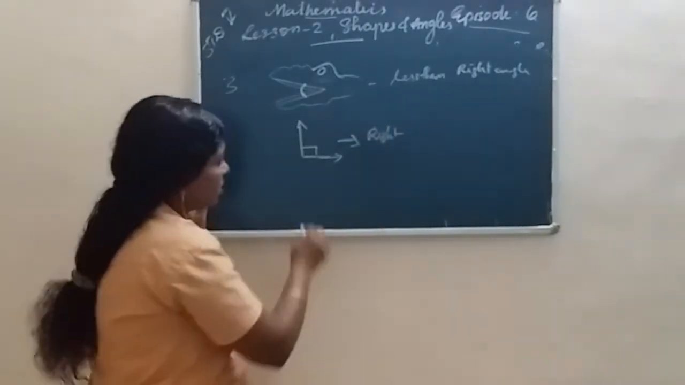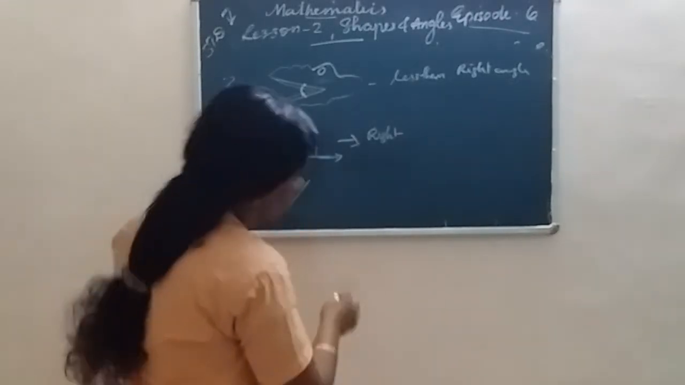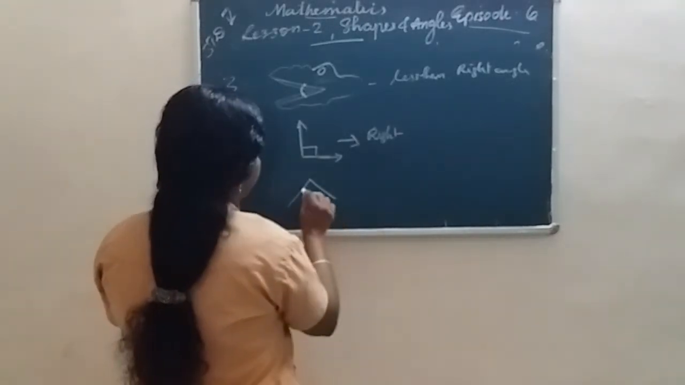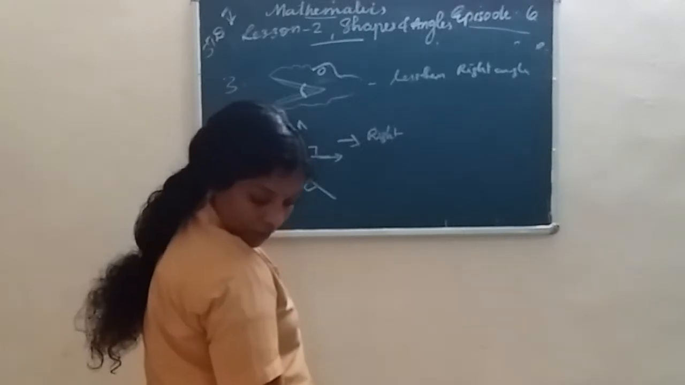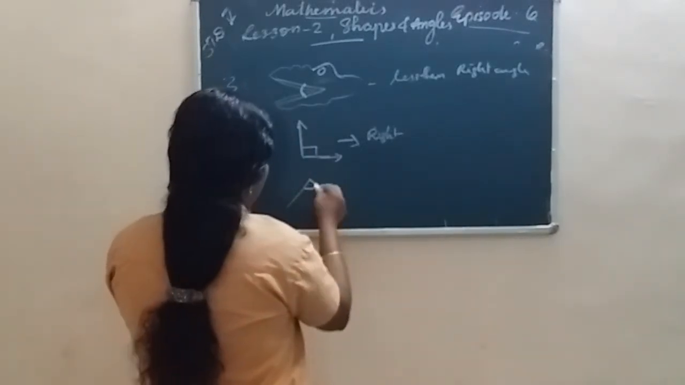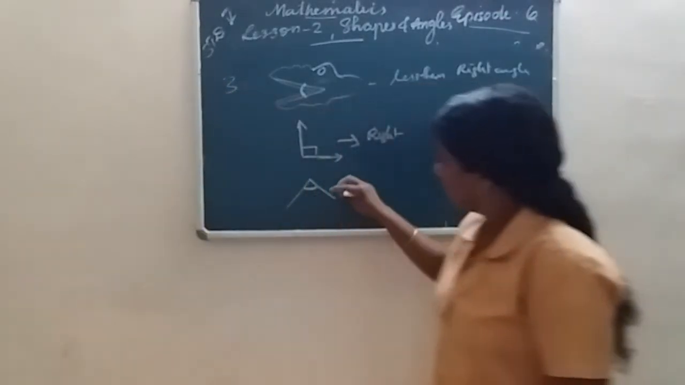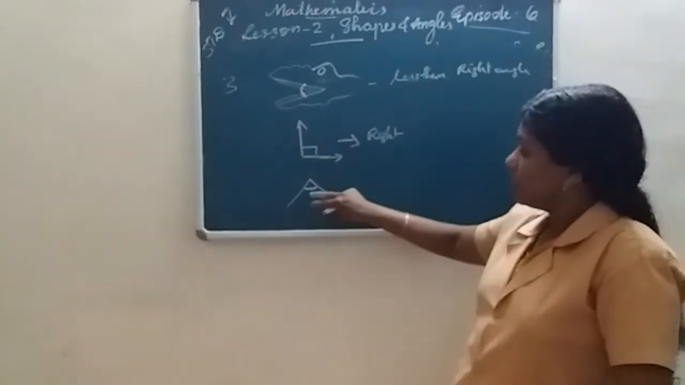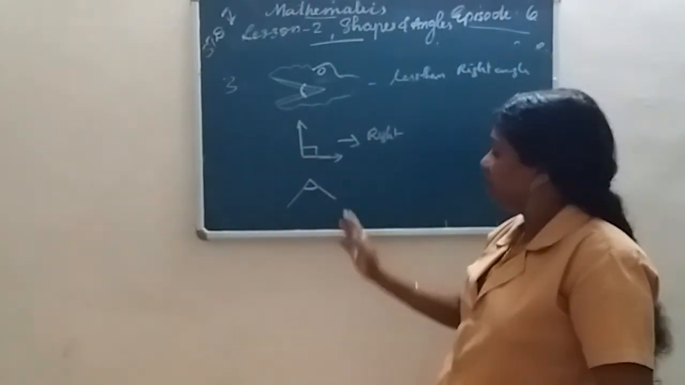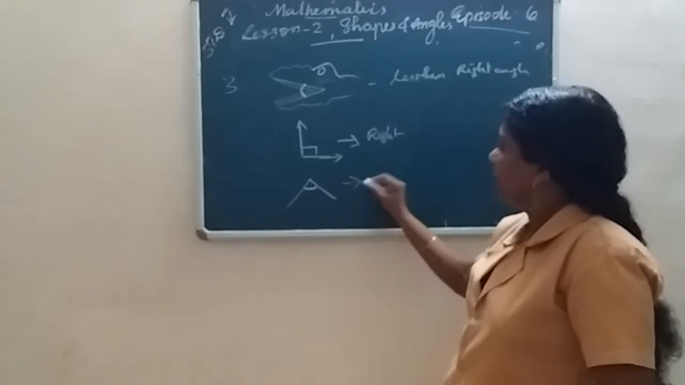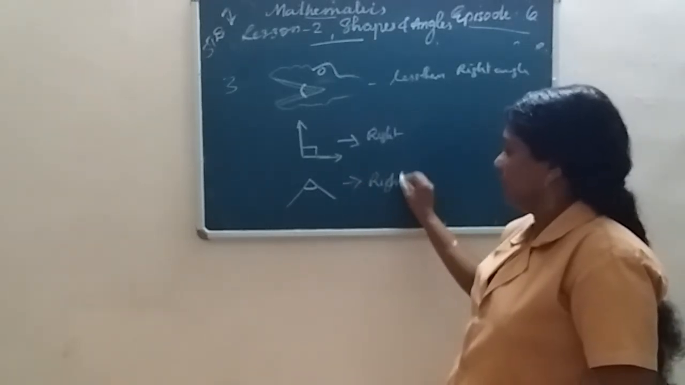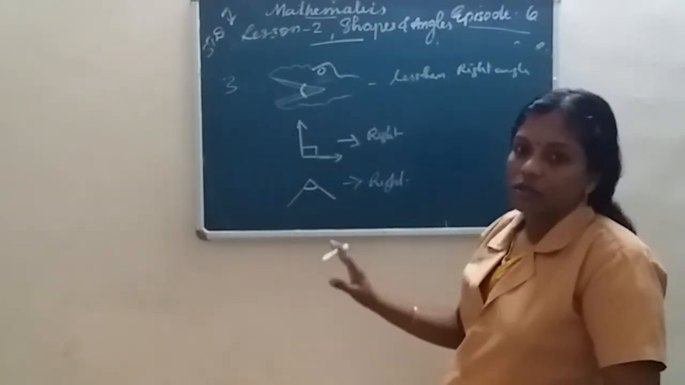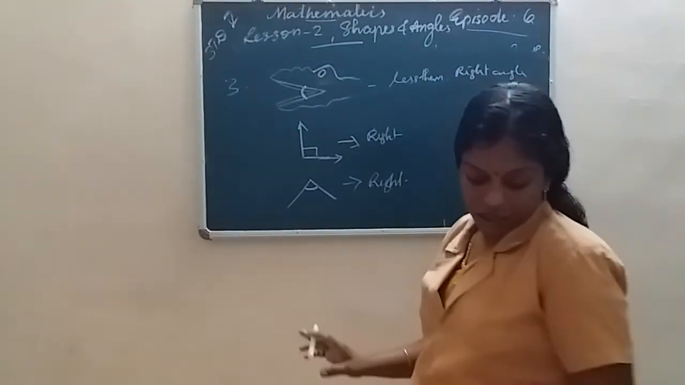Okay. Another one is this type of angle. We can rotate it to the left side. We get a right angle. It's also a right angle. L shaped ones are all right angles. Next one is